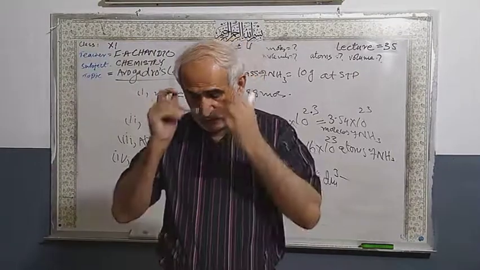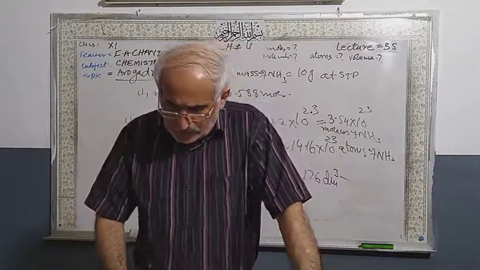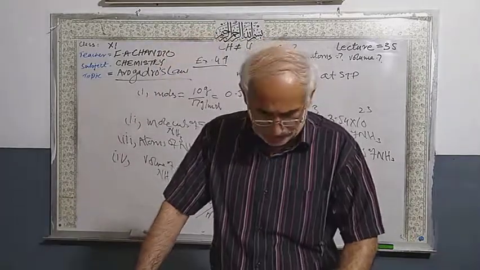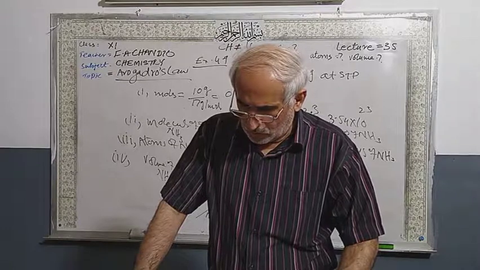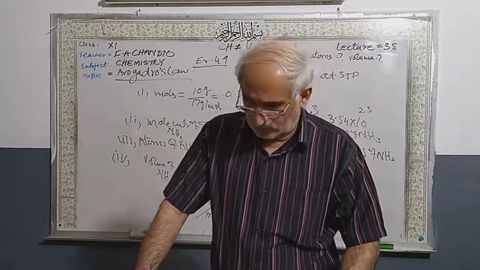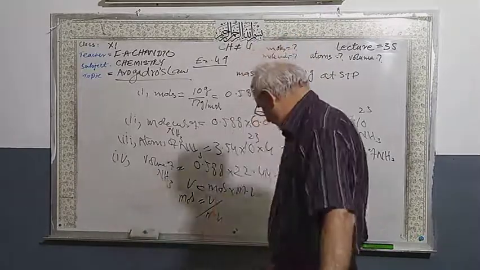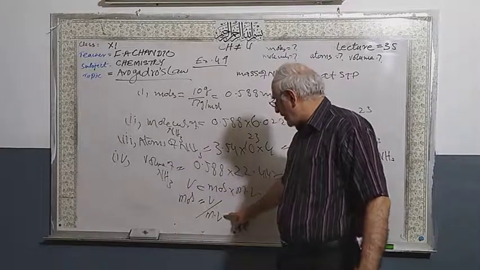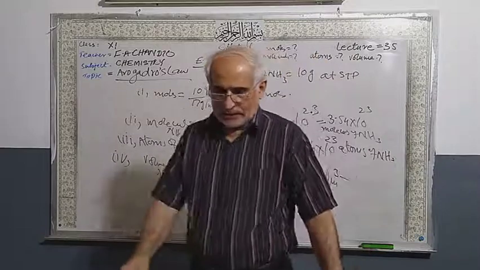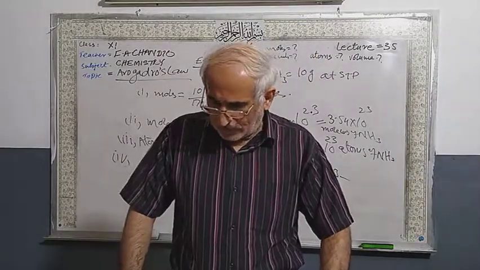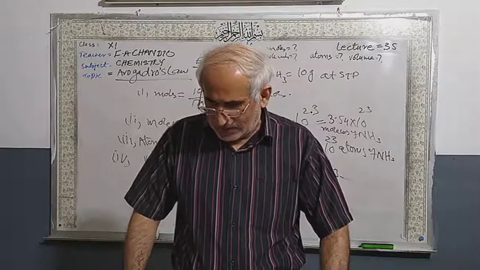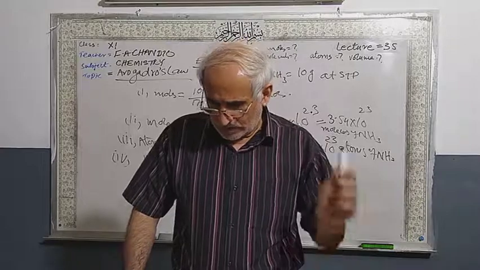So volumes are given, 1 decimeter cube and 2 decimeter cube. Students, molar volume is constant, 22.414 decimeter cube. So then you will be able to calculate the molecules. The volume is given, molar volume is a constant. Calculate the molecules of individual gases: oxygen gas, hydrogen gas, nitrogen gas, volumes are given. This is very simple.